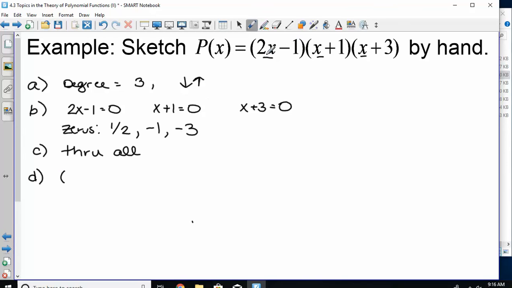So if I put in 2 times 0 minus 1 would be -1. 0 plus 1 is 1. 0 plus 3 is 3. -1 times 1 times 3 is -3. Now we draw the